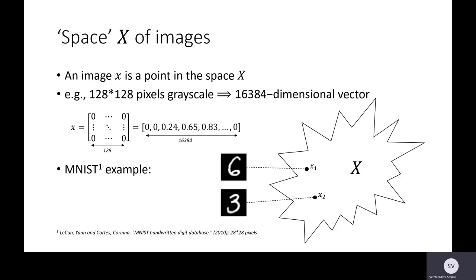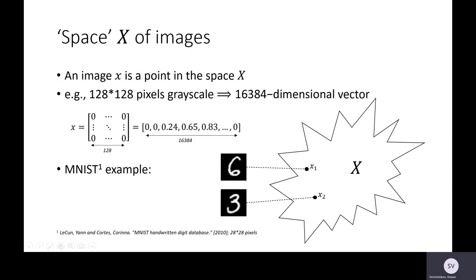When we talk about space of images, we assume that an image X can be considered as a point in the space X. For example, if we have an image 128 by 128 pixels in one color channel, being the grayscale, this object is actually a 16,000 dimensional vector and is a point in the 16,000 dimensional space. And taking an example from the MNIST dataset,